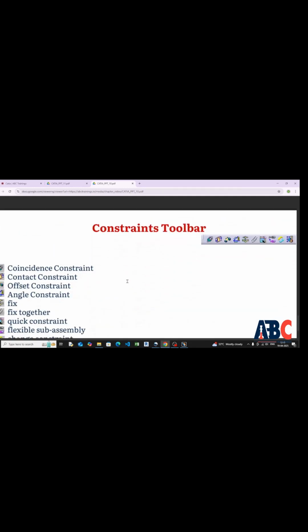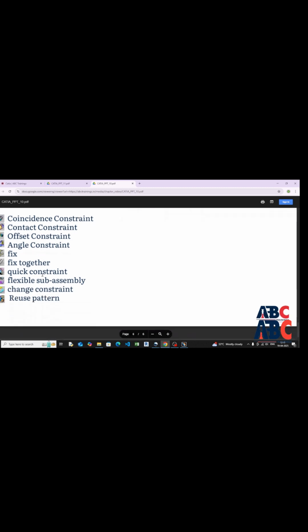Assembly constraints toolbar. This is our assembly constraint toolbar. Here are different constraints like coincident constraint, contact constraint, offset constraint, angle constraint, fix together, quick constraint, flexible subassembly, change constraint and